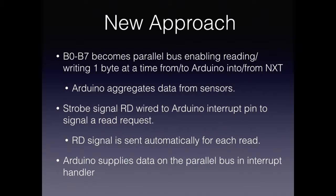Then the read pin on the SuperPro board is wired to the Arduino interrupt to signal a read request to the Arduino. Finally, when the NXT requests data from the sensors, it sends a read request. The Arduino then supplies data through the parallel bus in an interrupt handler. More details about this process can be found in the white paper that I attached as a text document in